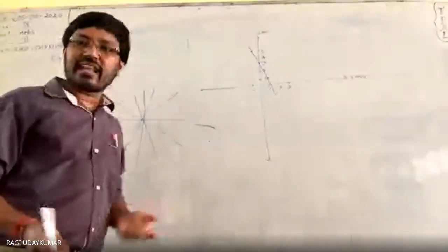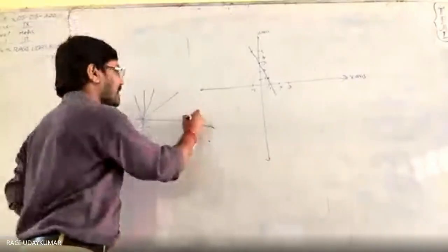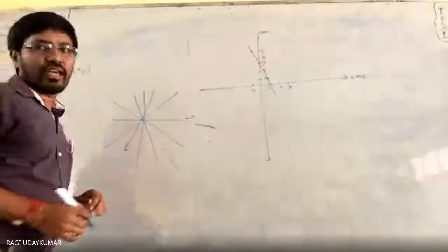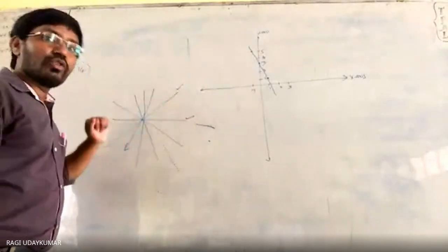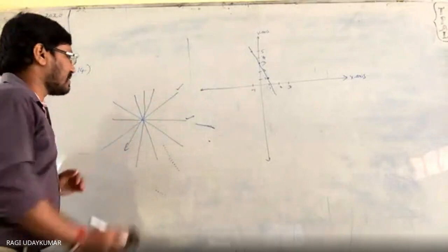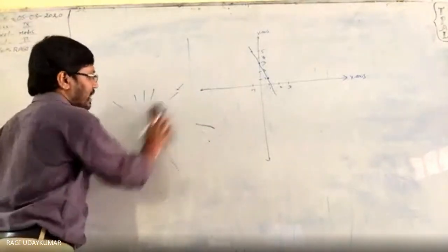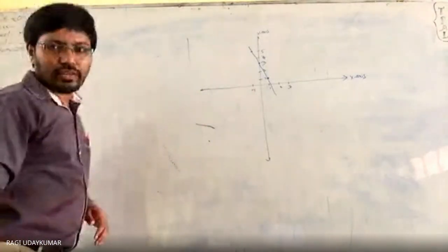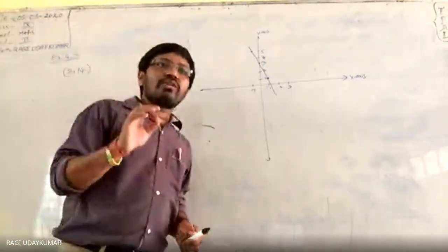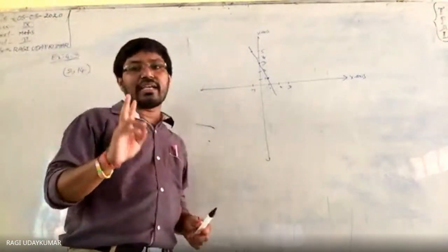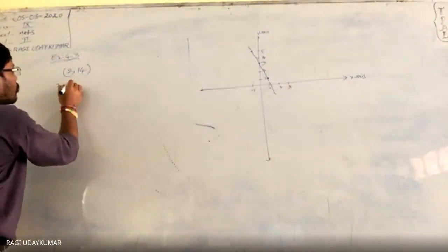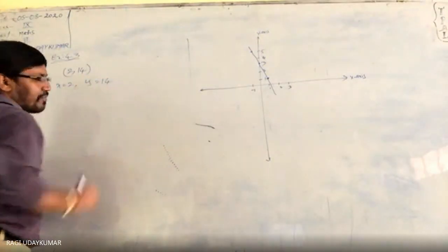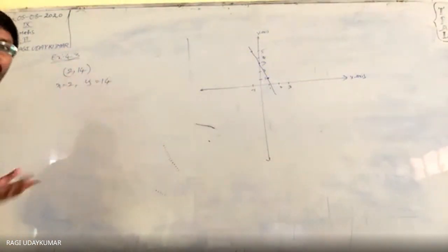Infinite. आप गिनती करते जाओ, infinite number of lines. ये एक लाइन है, इसके लिए ये सॉल्यूशन होता है, ये another लाइन होती है, इसका इक्वेशन अलग होता है, उसके लिए भी यही सॉल्यूशन होता है. So first, only the one point here, if you take into consideration (2, 14), how many more such lines are there? Here two equations are asked. So how do we frame the equation? x is equal to 2, y is equal to 14. आप ये दोनों का रिलेशन find out करो using any way.